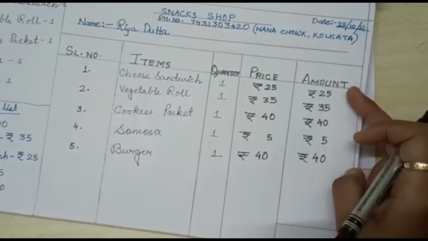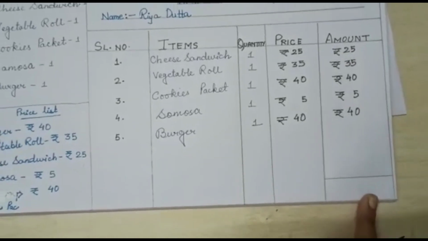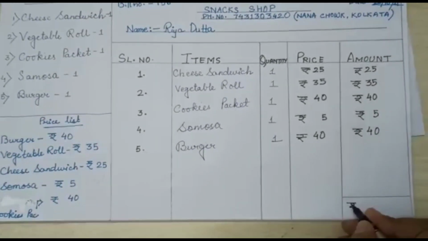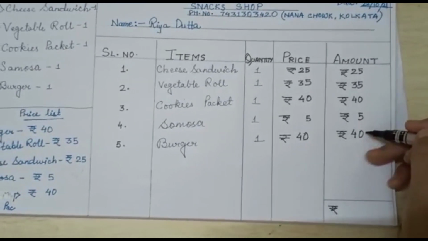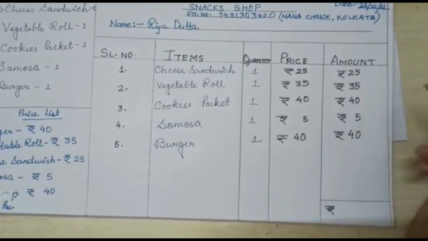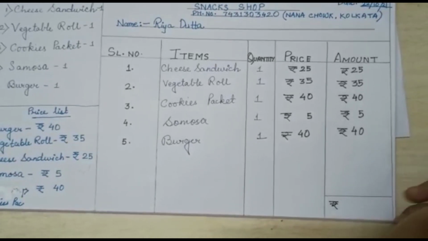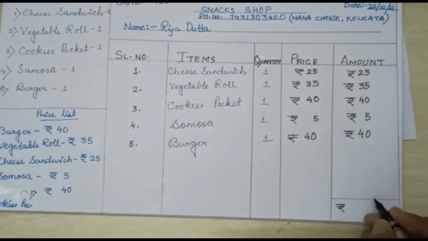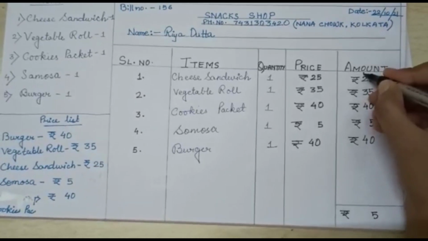Now what is the main thing we have to do in the last column? We have to add all these numbers and write the total down here. So let us see what the total amount is. We will put a rupees sign first. Next, first we will add the ones column. So here is 0, 5, 0, 5, 5. That means 5 plus 5 plus 5, or 3 fives, which is the same as we have already learned in multiplication. So 15. So 5 we will write here and 1 will be carried.